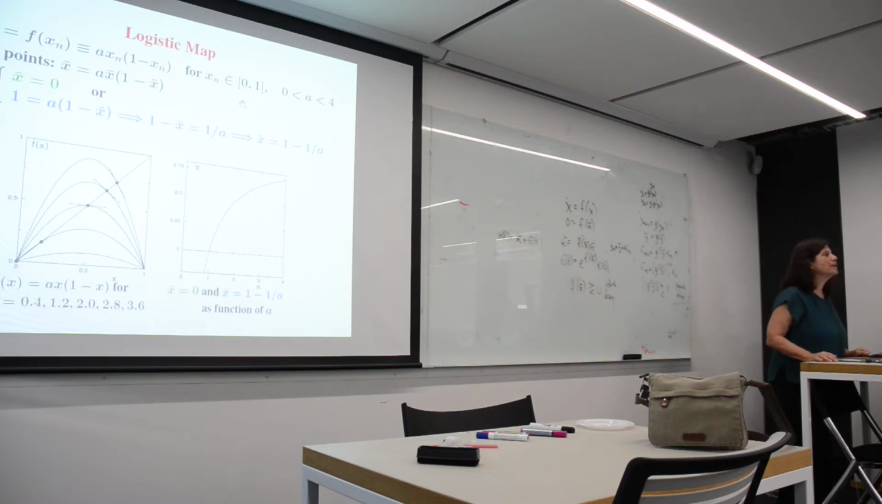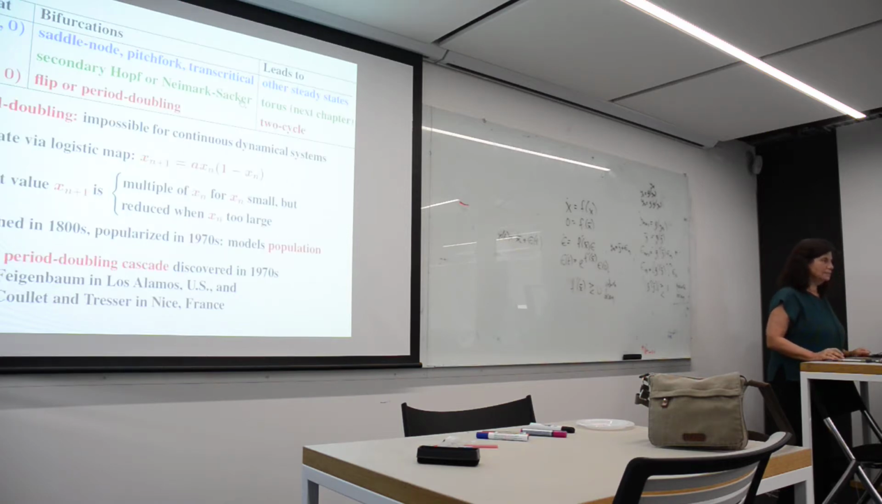A quick one then. On the previous slide, when you said period doubling is impossible for continuous dynamical systems, is it more appropriate to say that we just cannot detect it for continuous systems? No, it cannot happen entirely. It cannot happen because